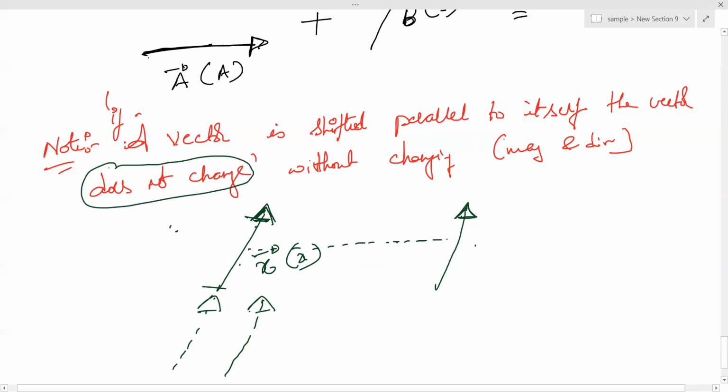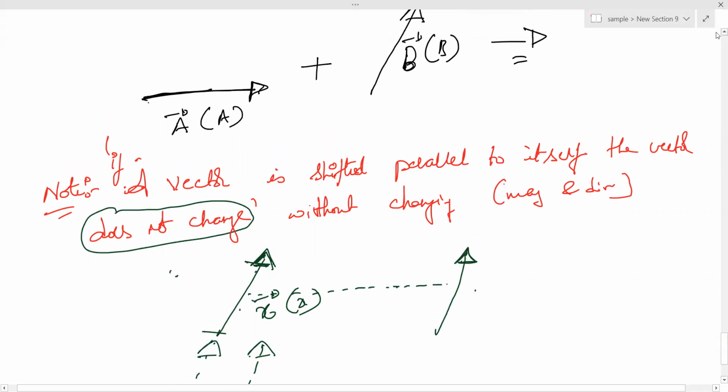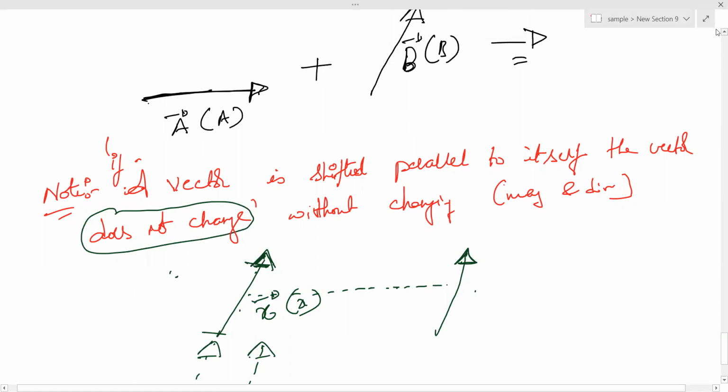That means if this pen is there, without changing the direction, without rotating, if I make the same pen move parallelly like this anywhere, the vector will not change. The direction or orientation should remain same. But there are some vectors you cannot change like that. We'll study them very lightly in future. Those are called localized vectors. You have to fix them there only. Otherwise, general vectors we can displace like that and solve the problems.